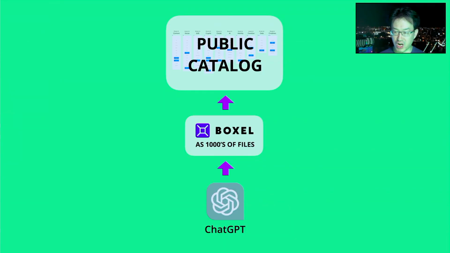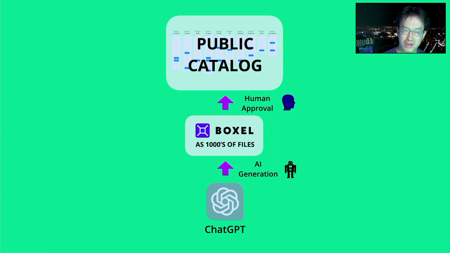The first phase is to use ChatGPT's capability for AI generation, using the basic knowledge of how the world is, what the common verbs and nouns in business processes are and how we model them in software, to generate Boxel. Boxel are just files, as we talked about, JavaScript and TypeScript files. We can't use them directly, since sometimes it makes mistakes. So we're going to have a human, a developer or something like that, write some script or humanly look at it and approve it for a public catalog. So the catalog now can be built by one or two developers, not for every single variance of special cases like medical software for a dental office, but for general concepts.